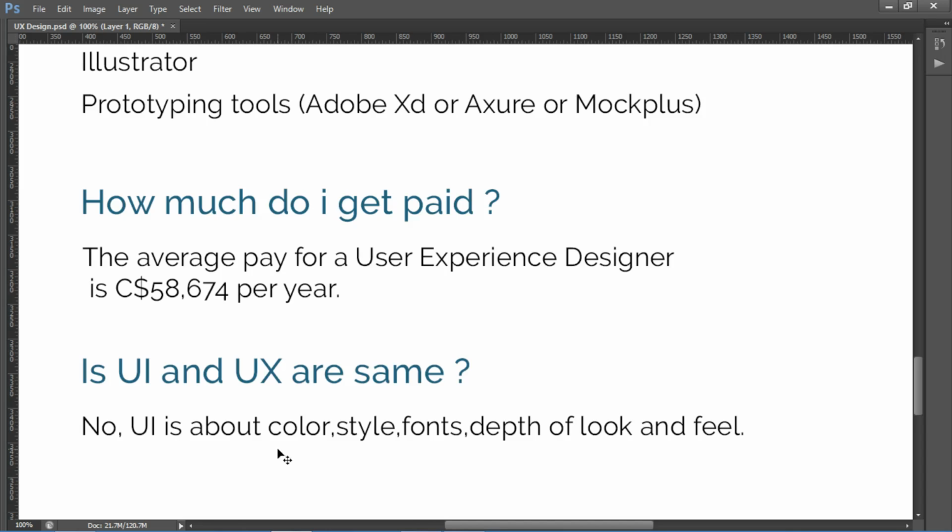That is the basic thing to consider in UX. In UI design, you consider colors, styles, fonts, look and feel, how deep the app is, and how good it looks. But as a user experience designer, you have to consider usability, interaction, and satisfaction.